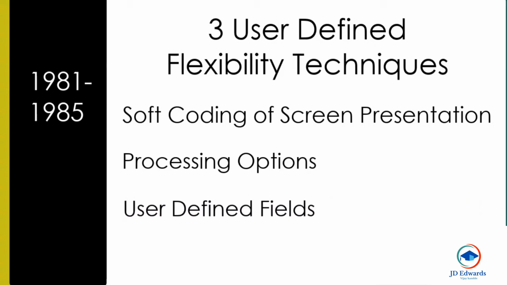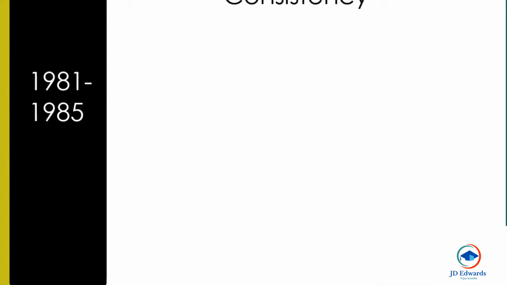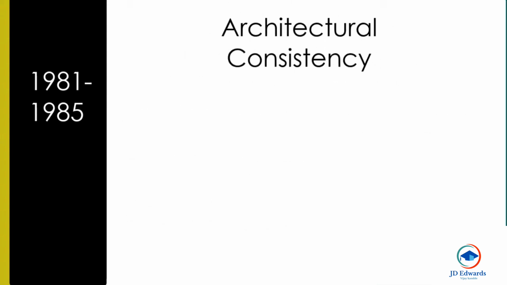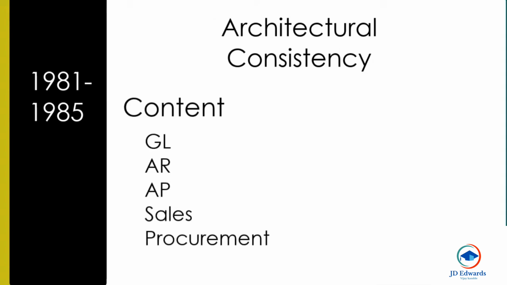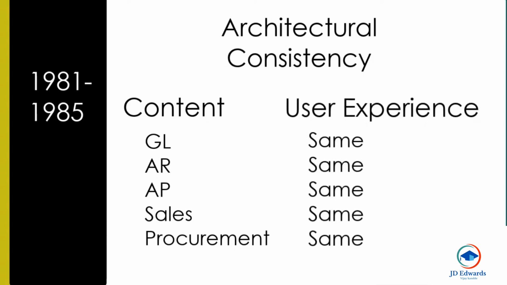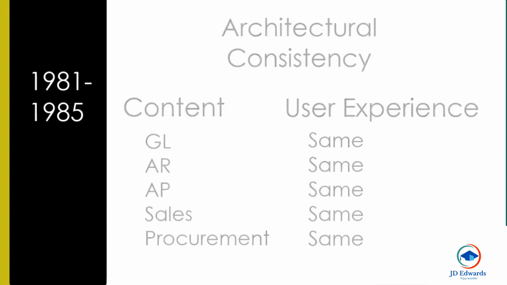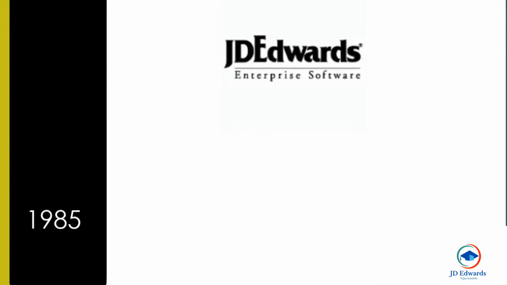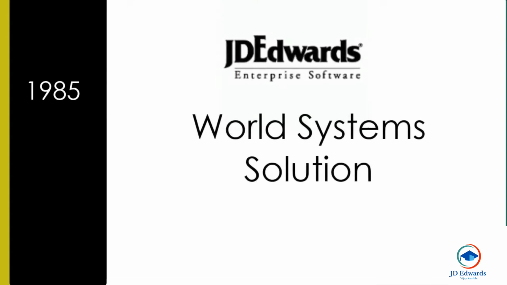and segment their information. Along with these 3 innovative techniques, another discipline engineered into the JD Edwards development is the architectural consistency in the solutions. So while content may be changed from AR to, say, AP, the user experience and the underlying flow of the solution remains consistent. In 1985, the World System Solution premieres, and over the next 10 years, JD Edwards turns to